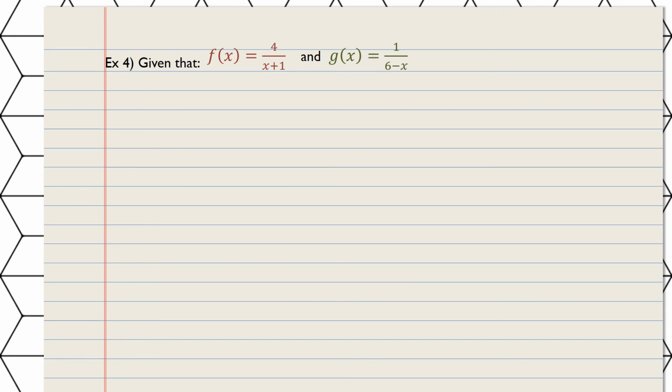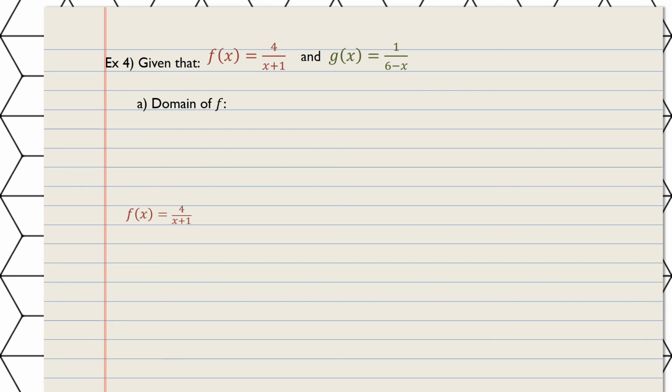Example 4. Given that f of x equals 4 all over x plus 1 and g of x equals 1 all over 6 minus x. Well, first we're being asked to find the domain of f. Well, only looking at the f function, which is 4 over x plus 1,